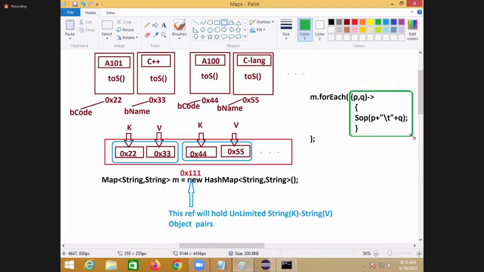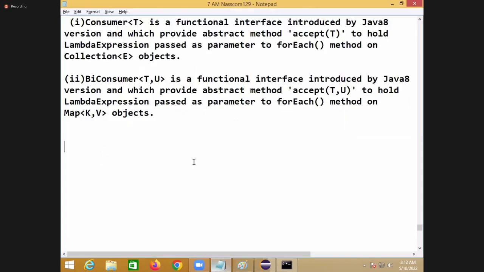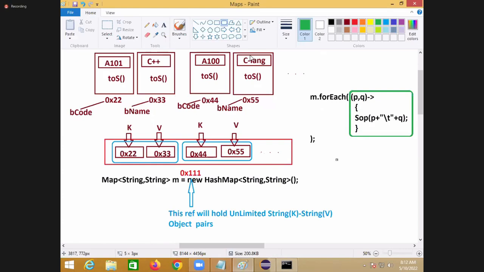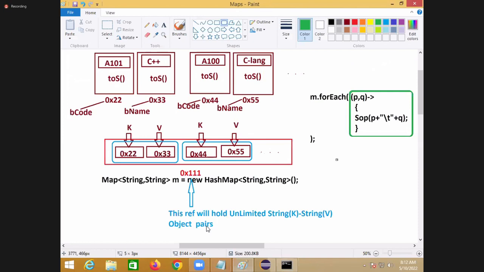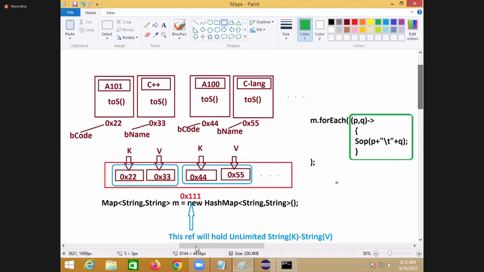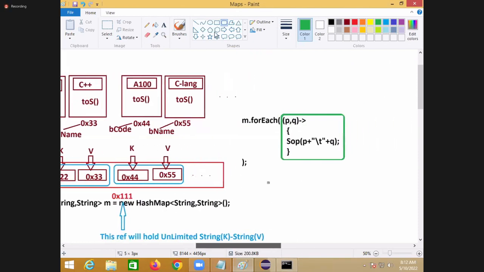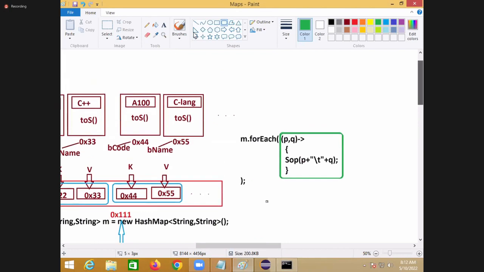This lambda expression needs one body. A lambda expression needs one method name. So who gives the method now? BiConsumer will give the accept method. So whenever it gives the accept method, what happened now, sir? That accept method